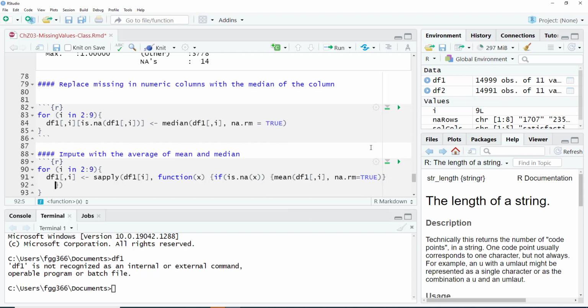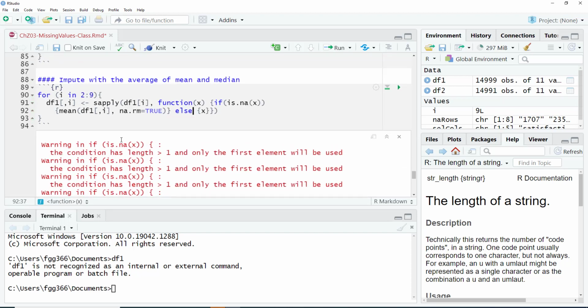And then else, you just don't do anything, you just give the x back. So if missing value, do that, else do that. So now this will give you the mean. Let's see what happened here.